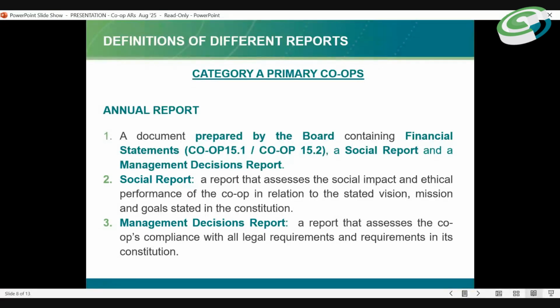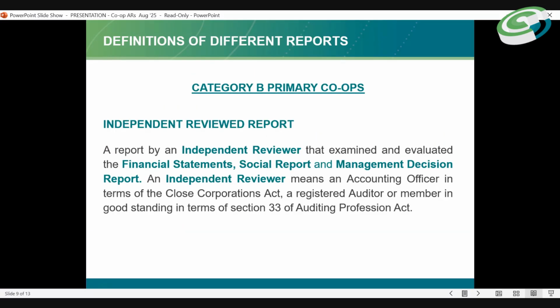The social report is a report that assesses the social impact and ethical performance of the co-op in relation to the stated vision, mission, and goals of the co-op. Similarly, the management report is a report that assesses a co-op's compliance with all legal requirements and requirements in its constitution. These definitions are clearly stated in the Act.